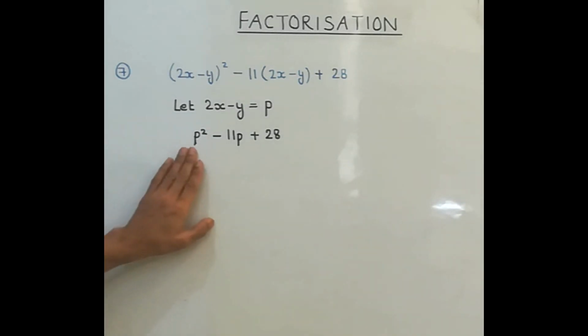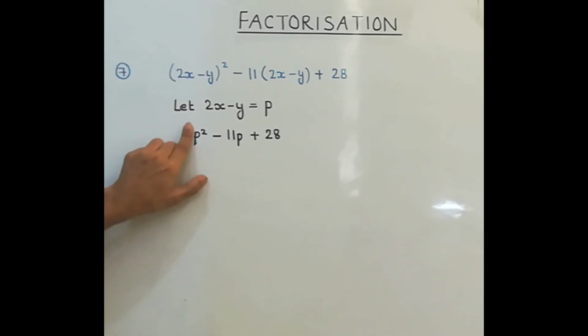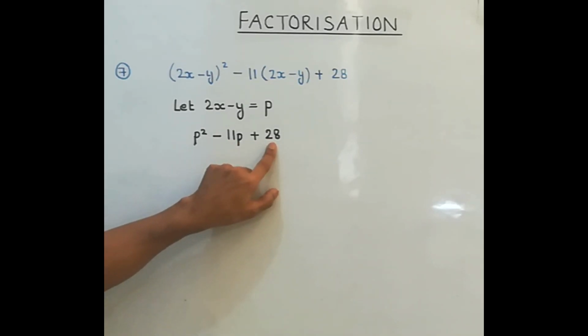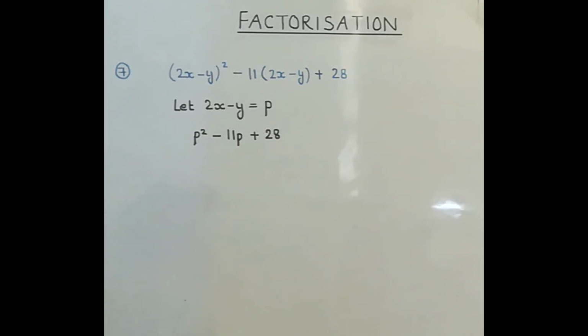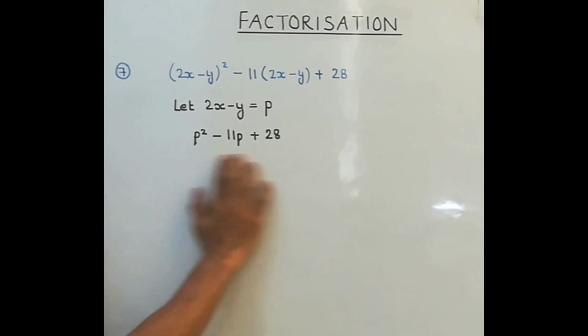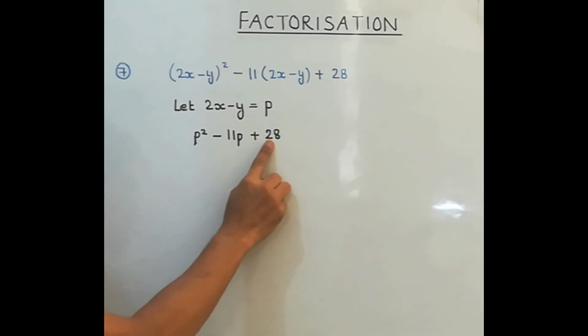Now again you can see this question is in the trinomial form, where a will be the coefficient of p square. B will be 11, coefficient of p, and this c. Now here, instead of getting the expression in terms of x, we have got it in terms of p, but it is representing the same form. Here instead of x square, we are having p square. Instead of x, we are having p. So it's in the same form. So this coefficient over here, 1 is a, this is your b, and this is your c.